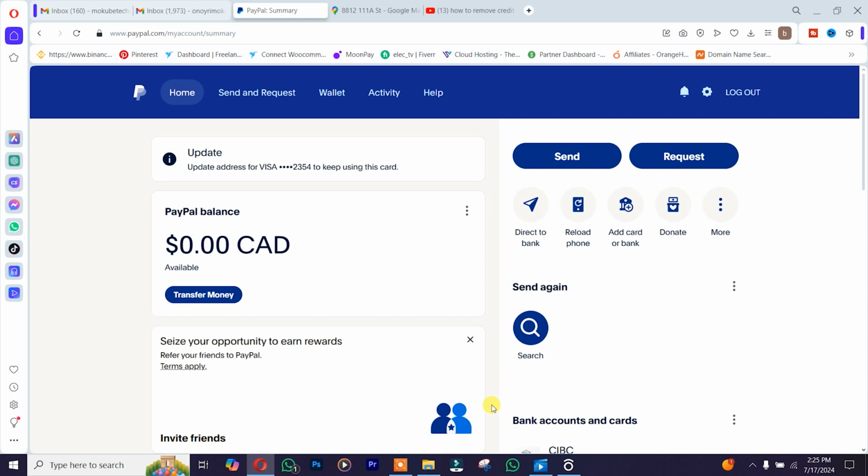Hi guys, in this tutorial I'm going to show you how to remove your debit or credit cards in